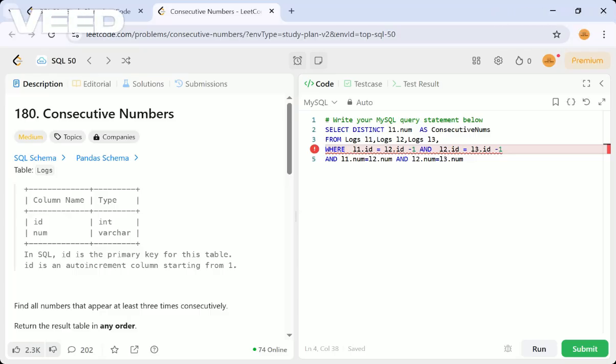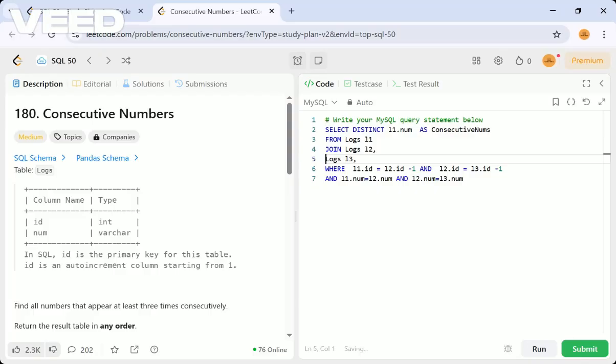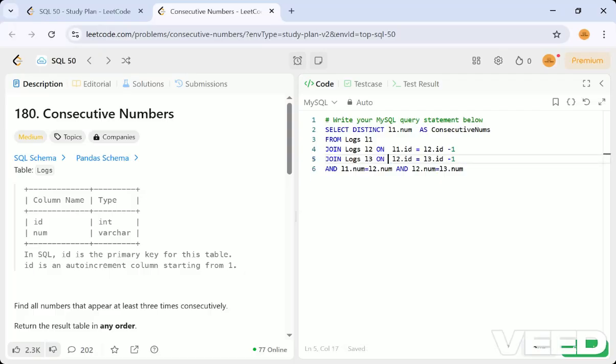Okay, the same thing which we can also do by using joins. Let me have that method once. From L1, right? From L1 join L2 on condition. On condition, this condition will be there. And join this also L3 on condition. This will be that condition. So here we'll be having like where.